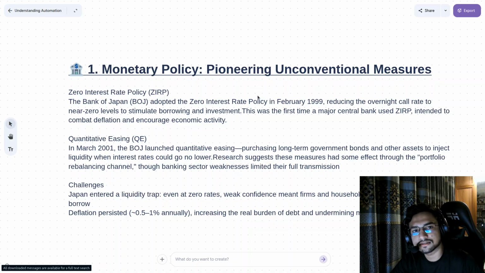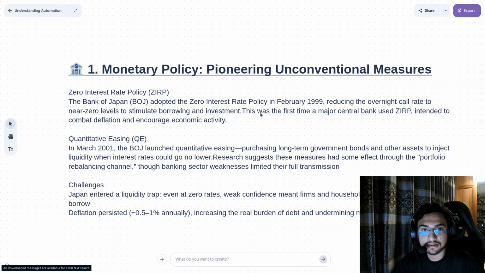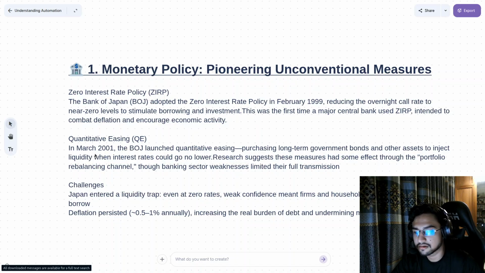What they did was, the banks said we won't charge any interest, there will be zero interest rate, and they implemented it all over the country. Then they implemented quantitative easing. What does that mean? They purchased long-term government bonds and other assets. The government purchased them, so that people who had those kind of bonds have a liquid asset like cash money, so that they can face their difficulties. And